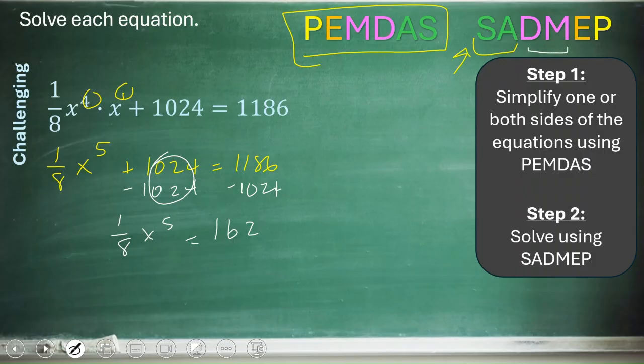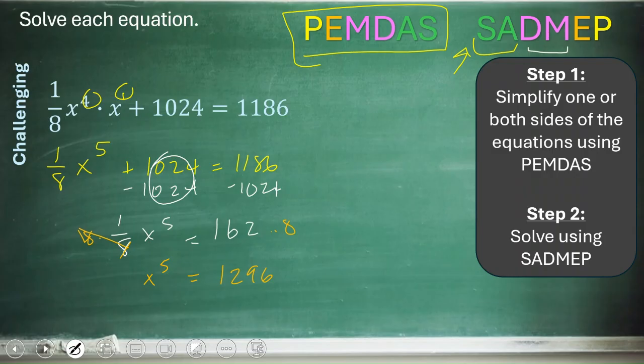All right, now I need to look and see if I have any division or multiplication. I see that 1/8 is being multiplied. The opposite of multiplying 1/8 is dividing by 1/8, or if you're like me, I hate dividing fractions because I think there's lots of room for error in calculators. So I tend to multiply by the reciprocal. It's the same thing as dividing. So I'm going to multiply this side by 8/1 and this side by 8/1. This is the exact same thing as dividing by 1/8. This makes a 1. This leaves me with x to the 5th equals